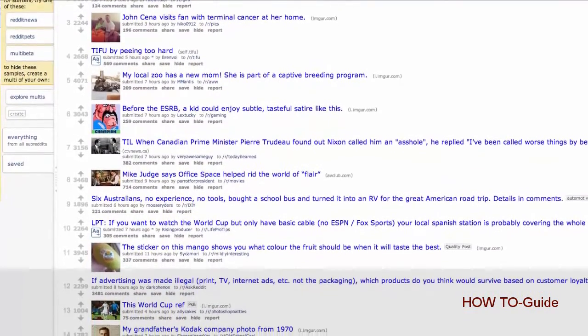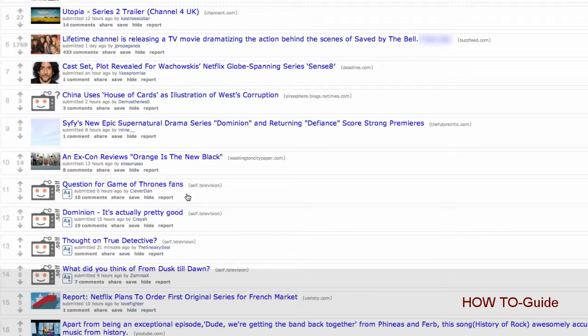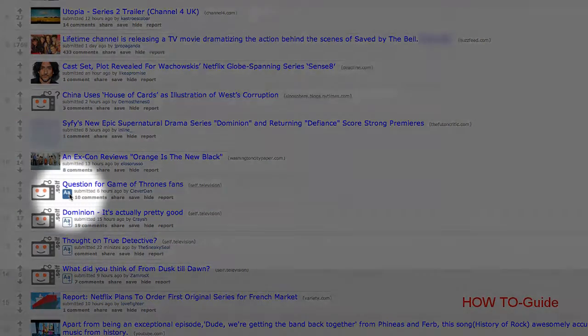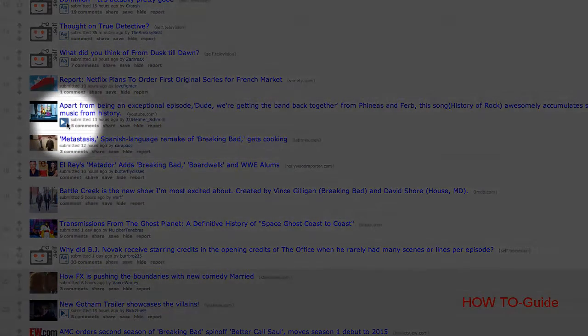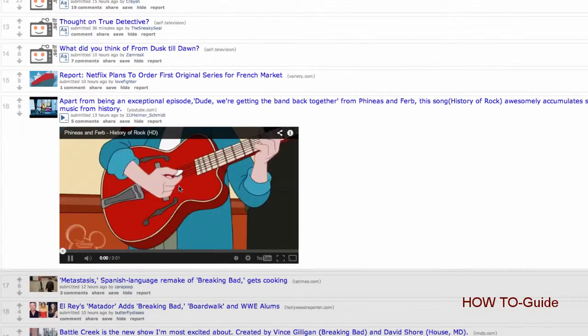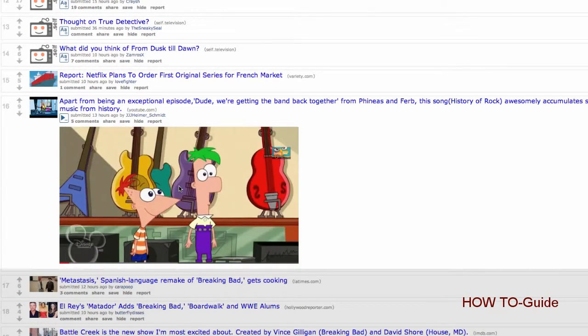Each entry on any Reddit page has a number of different elements to help you identify the content it links to. Firstly, there are two types of entries on Reddit: links and discussions. Links by far make up the majority of the entries on Reddit, and as such, discussions receive a discussion icon to help you identify them as being different. You will also notice a small icon to help you identify videos and image slideshows. These are essentially the same as any other link on Reddit, but Reddit provides the option of watching the video or viewing the slides directly on the Reddit site, rather than having to leave Reddit to go and see them on the site they're actually hosted on.